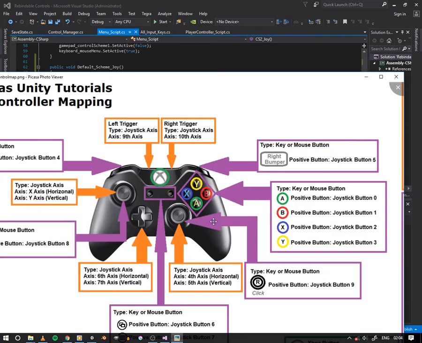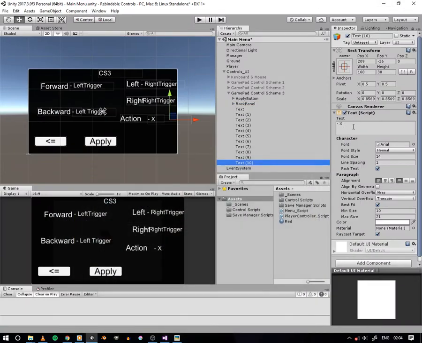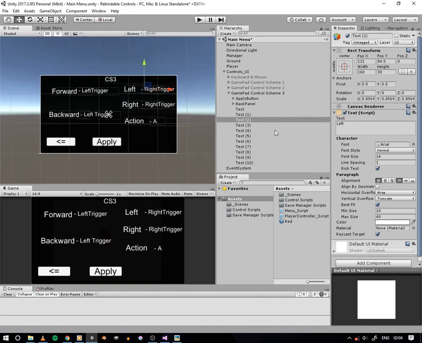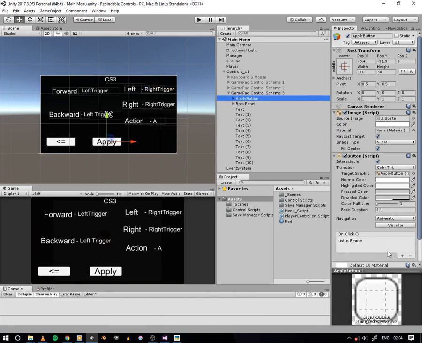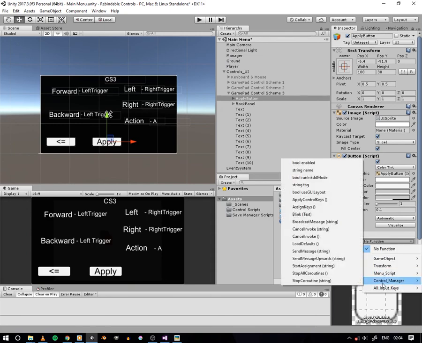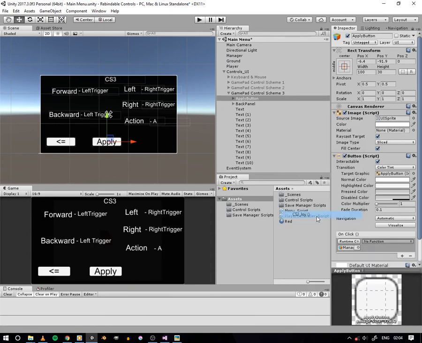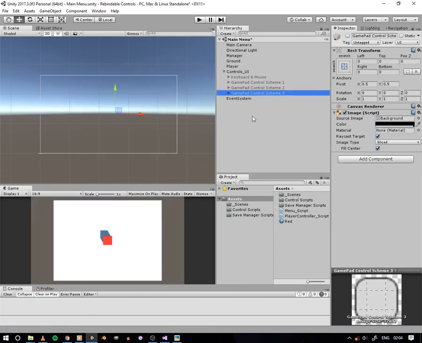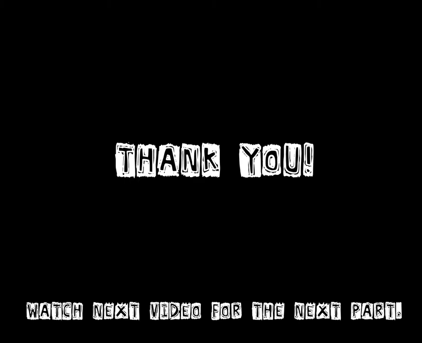Joystick button 0, which is A. A is joystick button 0. A. Okay, so this is done. Apply button does not have it. Manager, control, no, menu script, CS2 joy. Save it. Okay, so now onto the